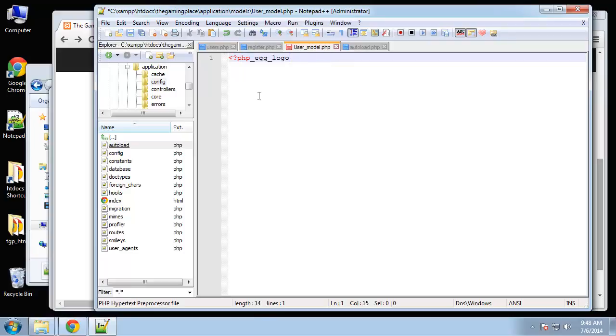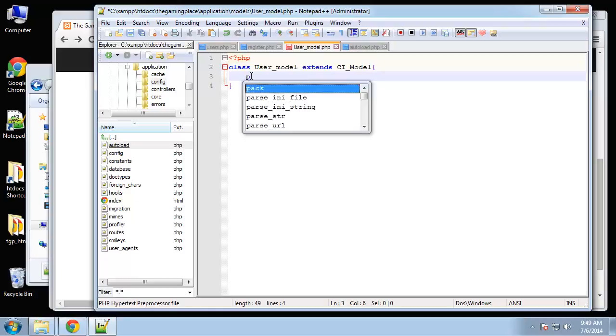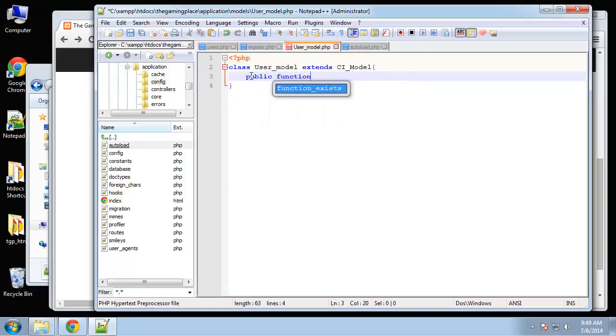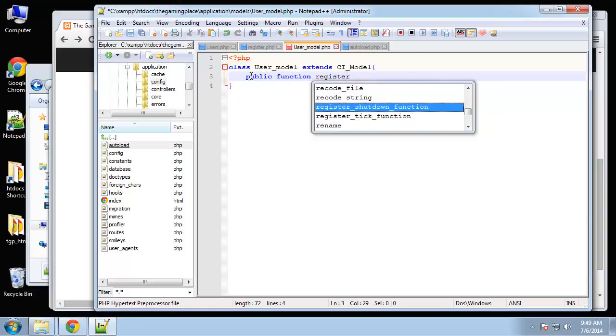Alright, now in here we're going to say class. I don't know why it keeps adding that function. Okay, so PHP class, not equals, class user model extends CI underscore model. Alright, and let's see, we want a register function, so public function register,